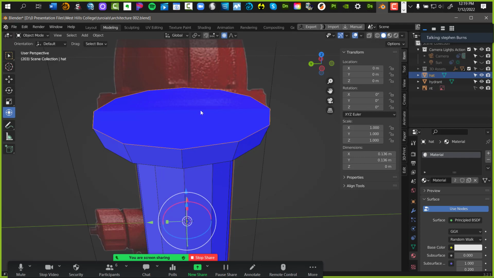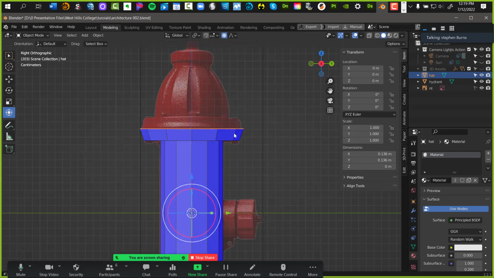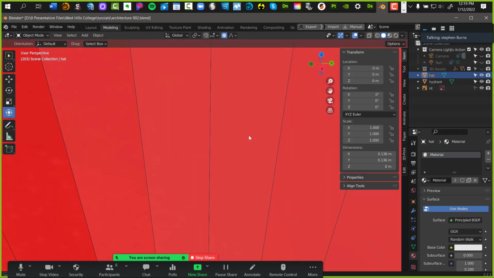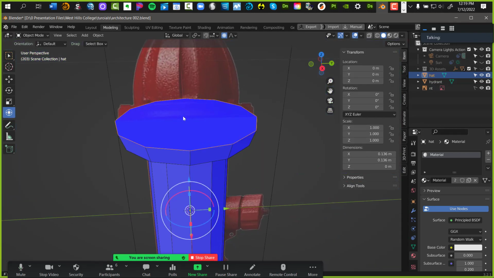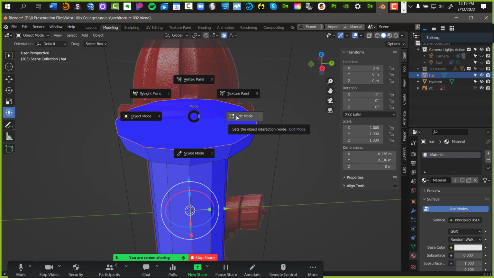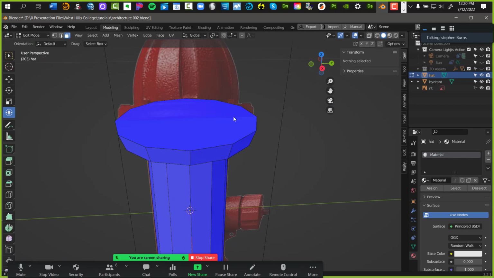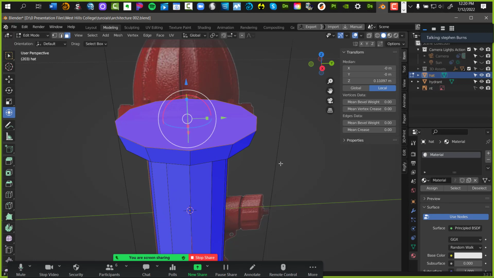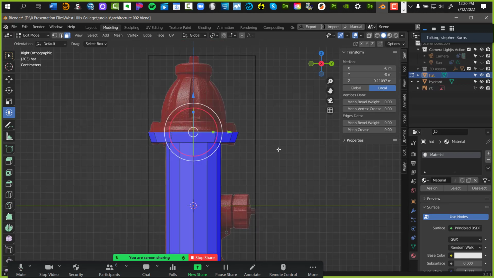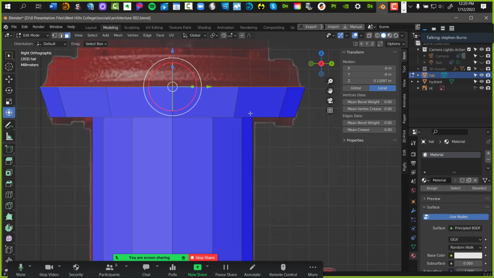Now I'm going to go into edit mode for the hat, and if it helps, I'm going to go over here to the side view. We're in object mode. Tab, edit mode. Select that front face, right? Go to the 3 key, my orthographic view. I'm going to get in close.